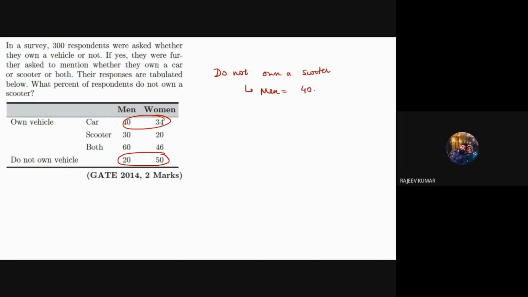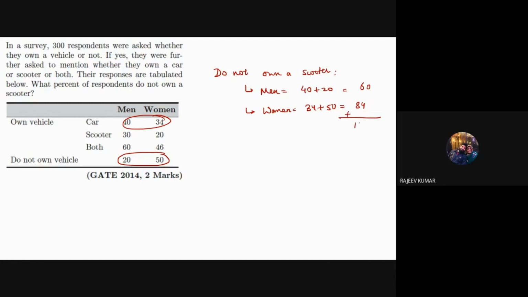They will be 40 plus 20, because they can't own both if they don't own a scooter, so that does not come in here. Then similarly women, it will be 34 plus 50, so it will become 60 plus 84. So I add this, it will become